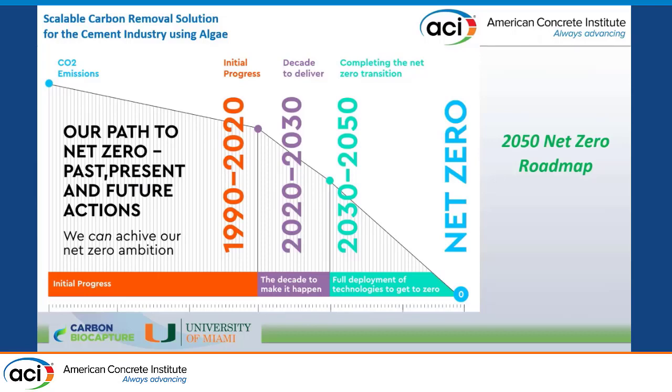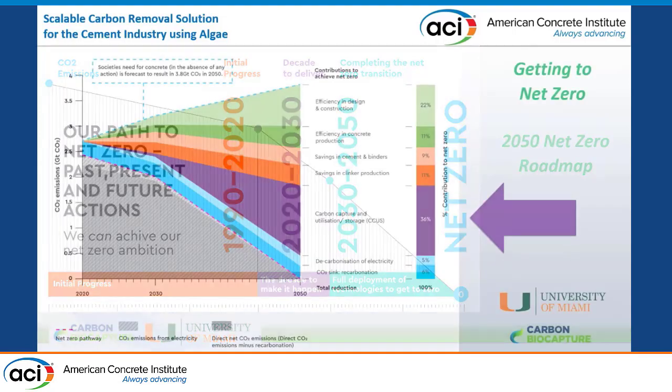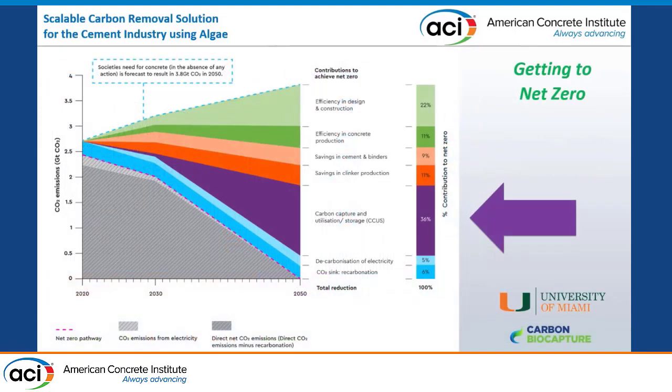And we're in the decade to make it happen. Has anybody heard that expression before? And the decade is already 3 years into it, and we're not really making it happen. In order to reach a net zero industry, we are relying on technologies that do not exist today. They don't exist. And we were just looking at savings in clinker production. That's about 11% of the whole bunch of things that we have to reduce. More than a third is this